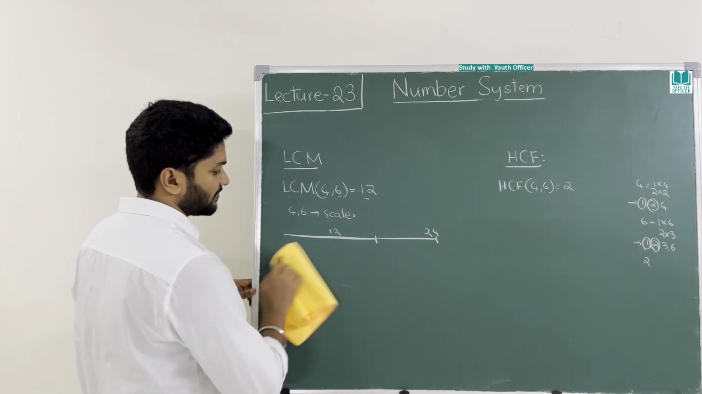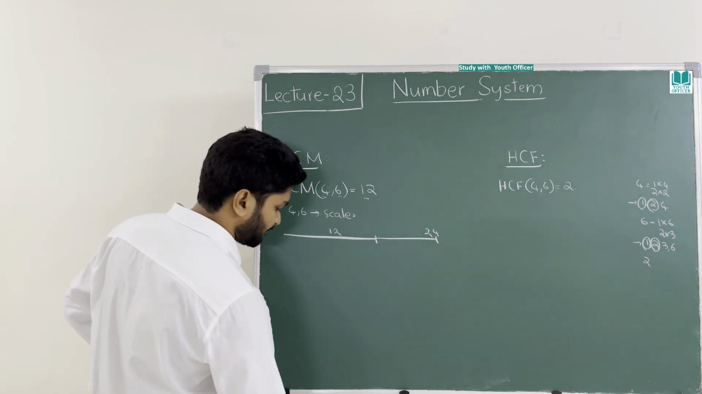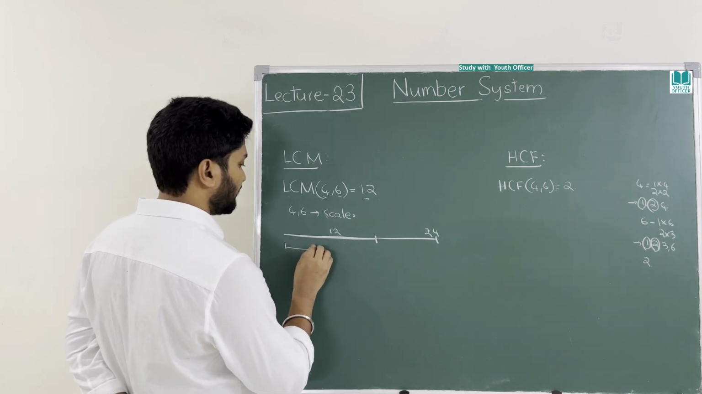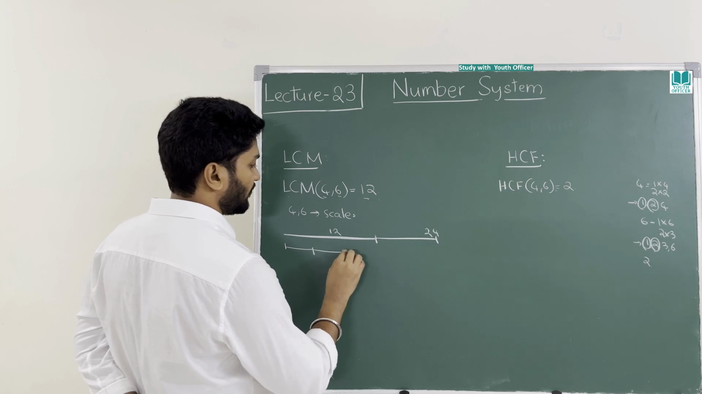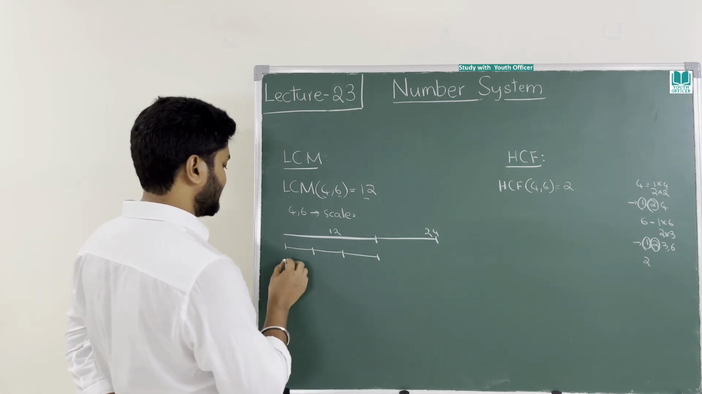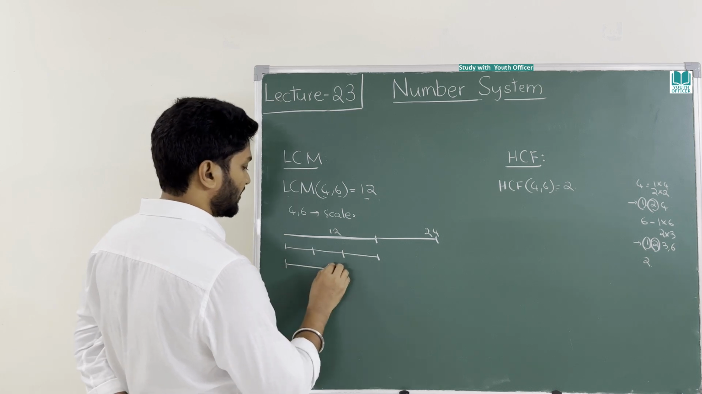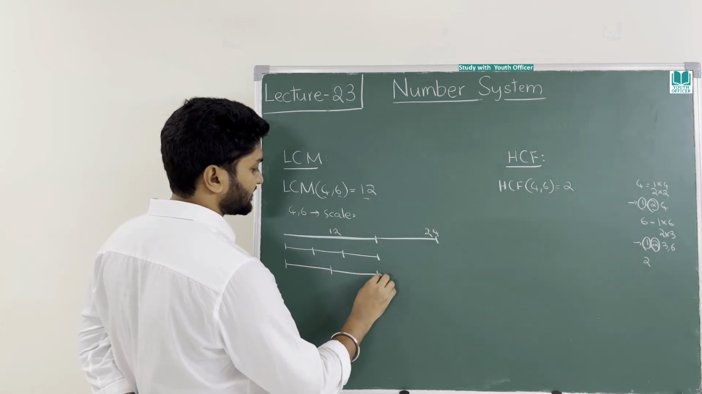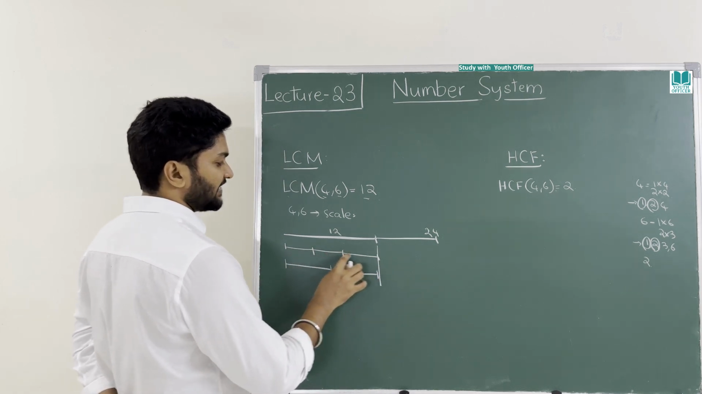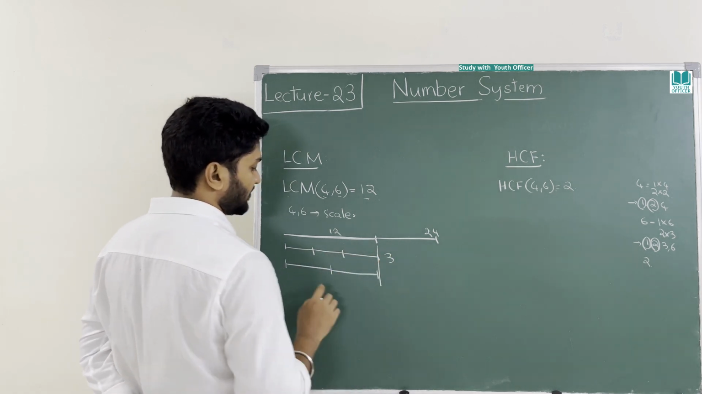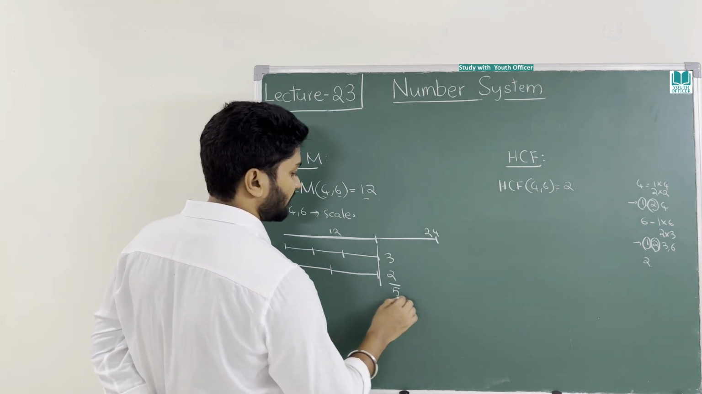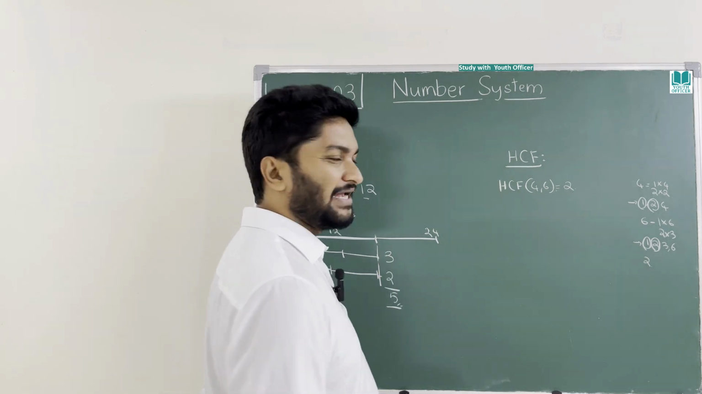How do you measure? If you use the 4 scale, from here to here 4, again one more 4 and one more 4. If you use 6, then you can use till here 6, one more 6 here. See, exactly they will be able to measure. This takes 3 times work. This takes 2 times work. Total 5 work you will do. But in case of